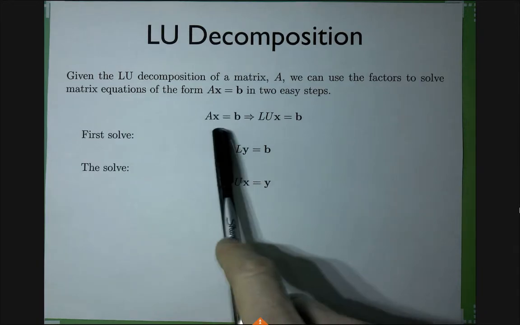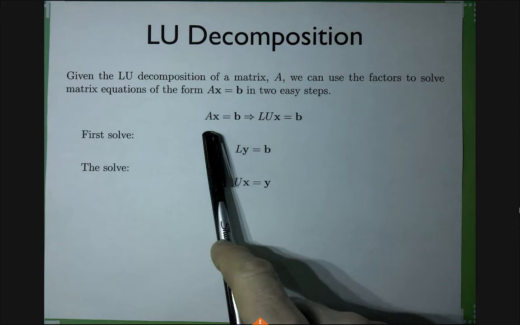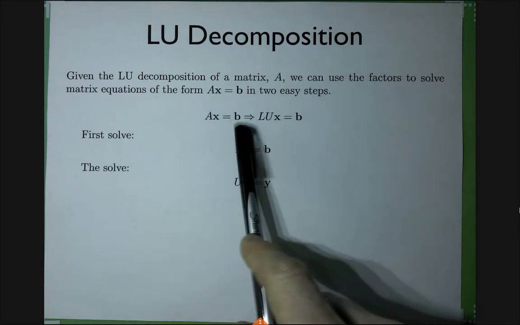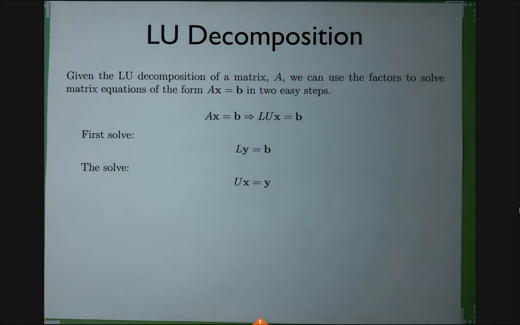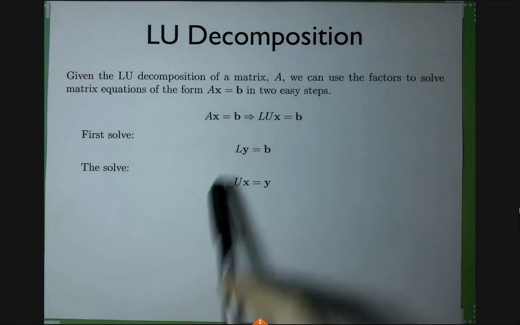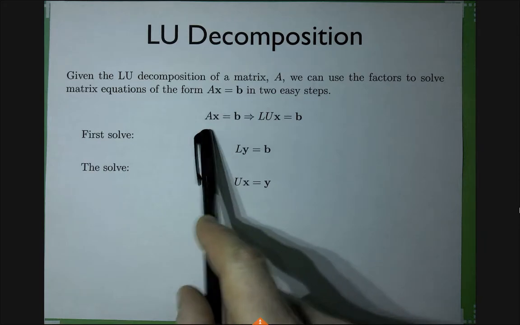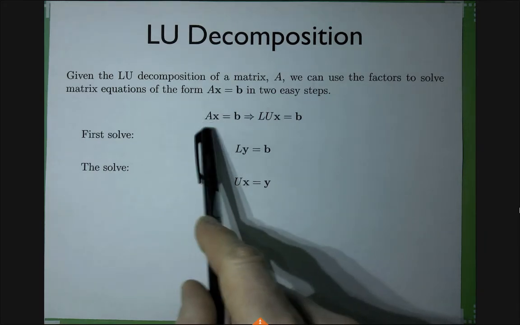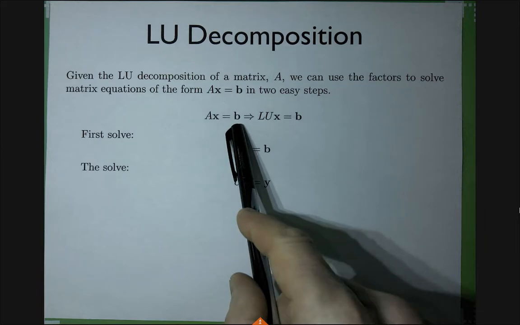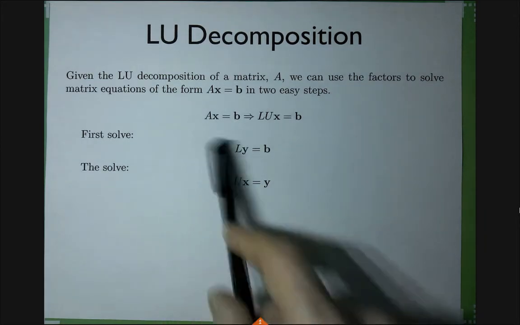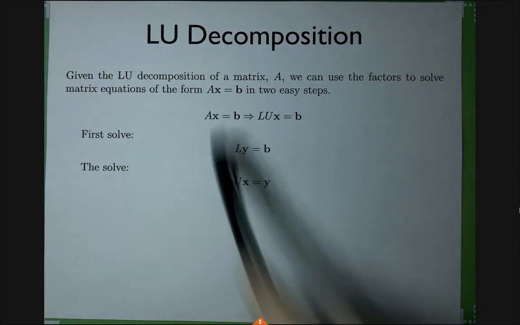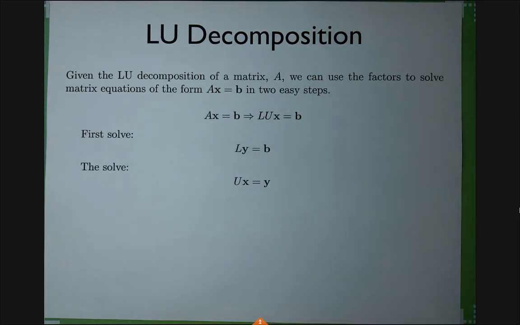If this system describes the linear elasticity of your system and the right-hand side describes external forces, then maybe you will have your object subjected to different external forces, right? At some time there will be some external forces. A little bit later, there will be a completely new set of external forces. So the system A will be the same because the elastic object stays the same, but you'll keep getting new B's. So A stays the same, but somebody keeps telling you new B's and wants to solve the corresponding X's.